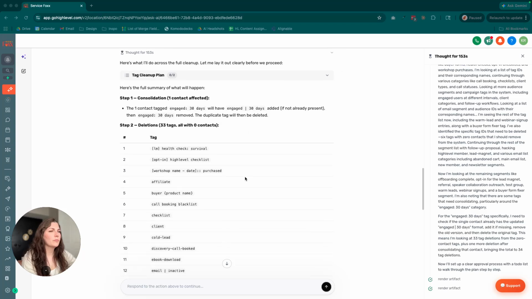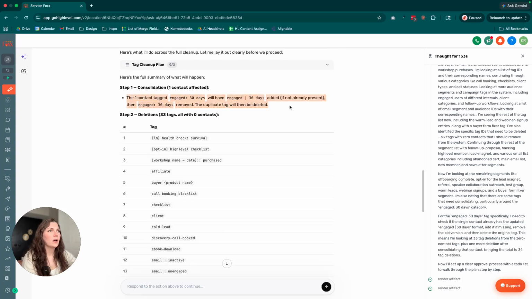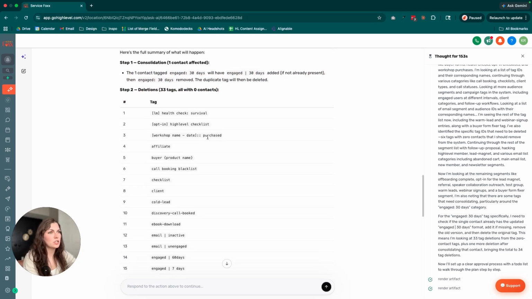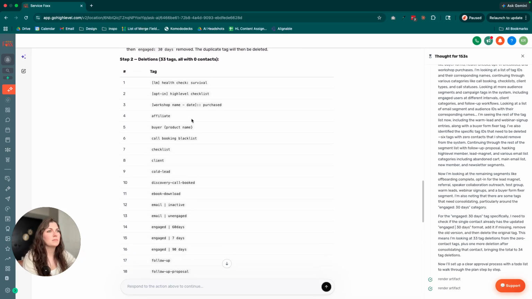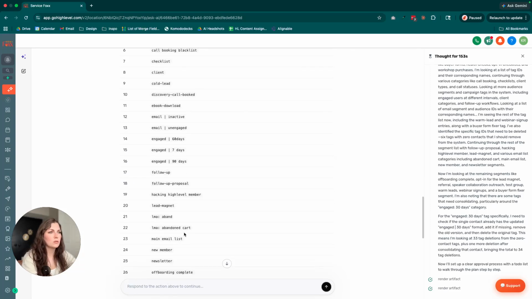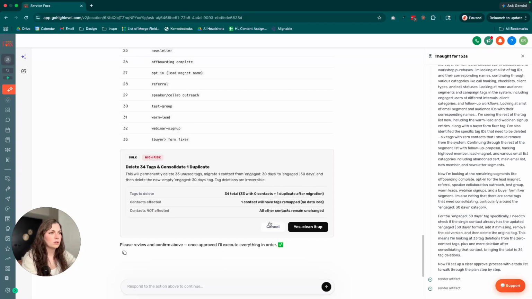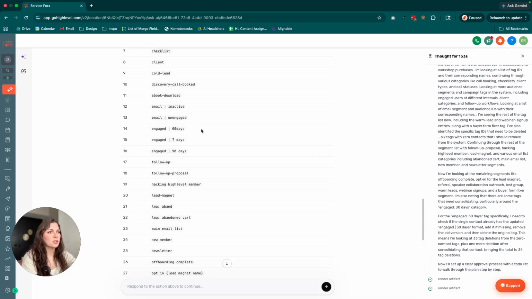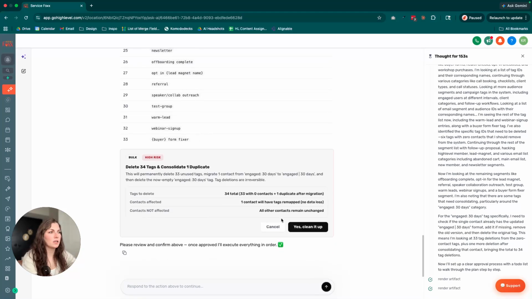All right, so about 2 minutes later, maybe 3. Okay, you can see, hey, contact tag, this will have engaged 30 days, not already present, then engaged 30 days removed, duplicate tag will then be deleted. Perfect. Step 2 is going to be all the deletions, and it lets me kind of figure these out. So, there are some that I actually need. If I hit yes cleanup, it's going to go ahead and